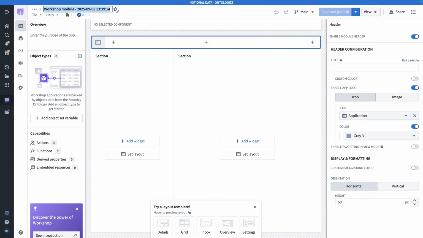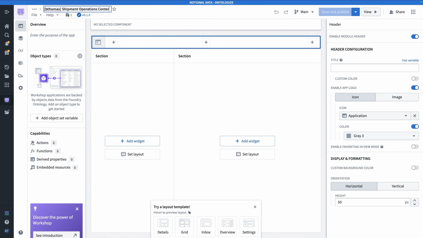That's what the course recommends you do. I further recommend that you prefix that with your name. It's going to distinguish it from your colleagues who are also following this course in your Foundry training environment. So just in brackets, I'm going to put my name, same way that I prefixed my ontology object types, Shipment